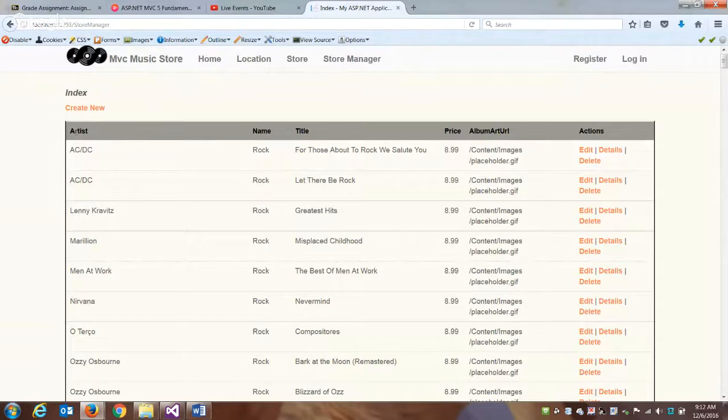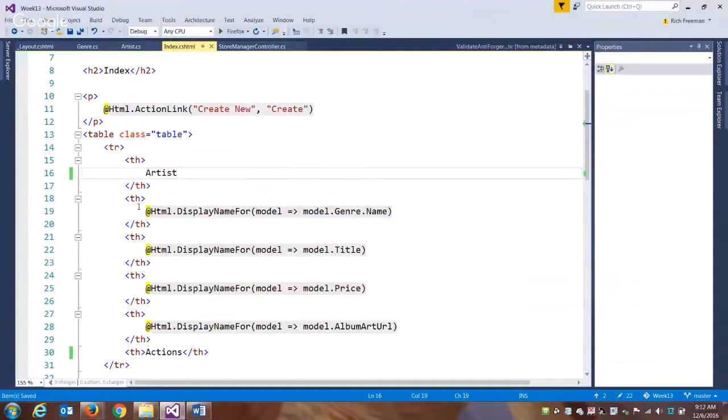For something like this, we might want to change it actually in our model instead. There's nothing wrong with hard coding in the text that we want to appear there. That works fine. But the other option, I'll maybe leave that one like this for now. So we have the same issue with our genre. Rather than just typing the word genre here,